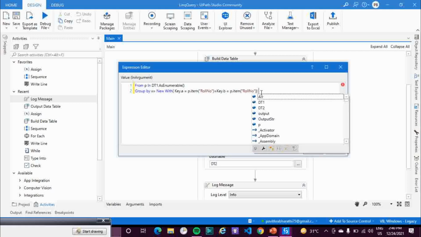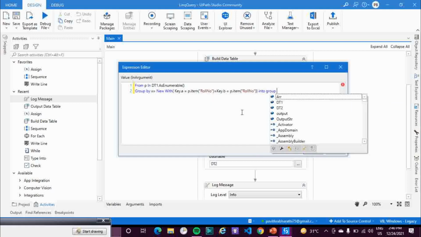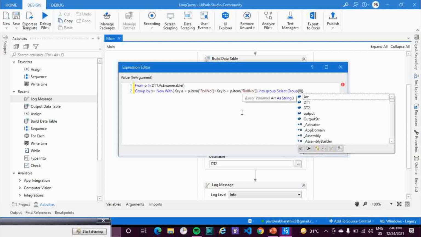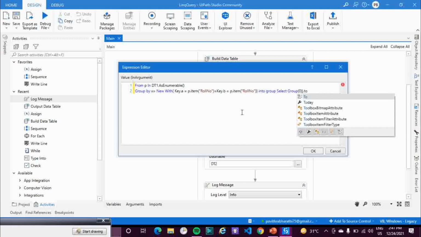I still have to do some more steps: into group, select group of 0, and then dot to array, which I'm not getting over here. So that means something is missing.